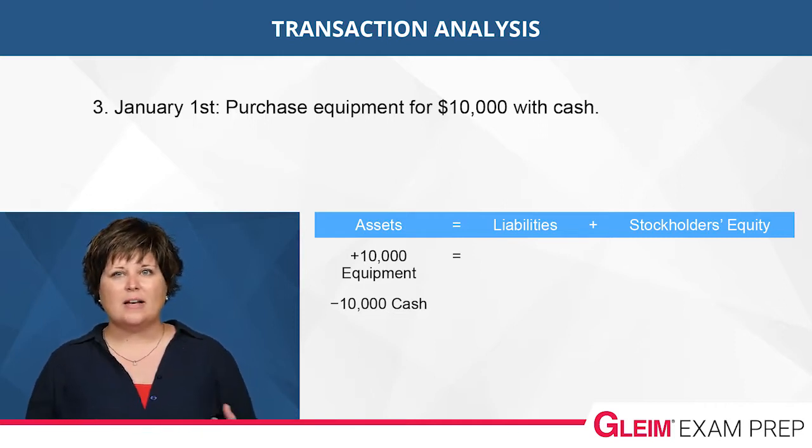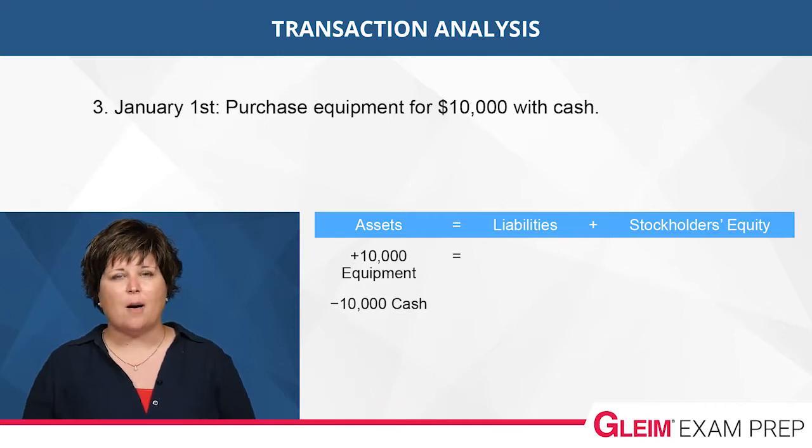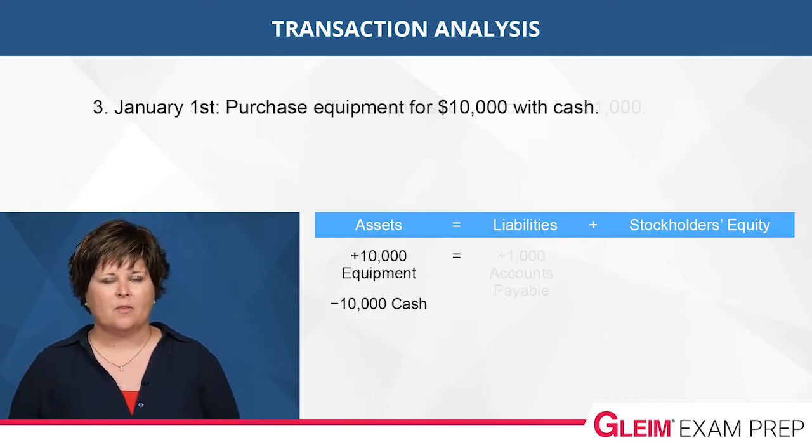Now, this is one that my students often find the most confusing. Just remember to ask yourself, what is increasing, or what is the business getting? What is the impact? Is this going up or down? Ask yourself these questions, then fill in your answers. Now, once you think you have it, make sure you still have a balanced equation.